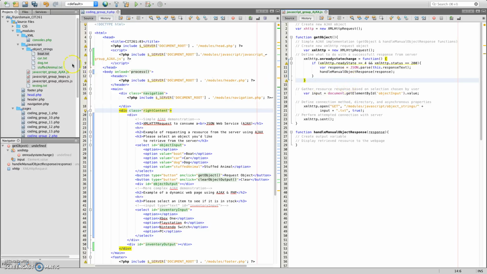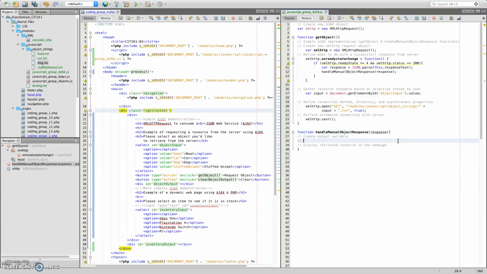Okay, so I've got these files up on the server. They're already there. They already have information in them. We need to add more to this second function, which remember is going to be called after the communication with the server is complete. We're going to pass the response text to this other function. So let's create an output variable,